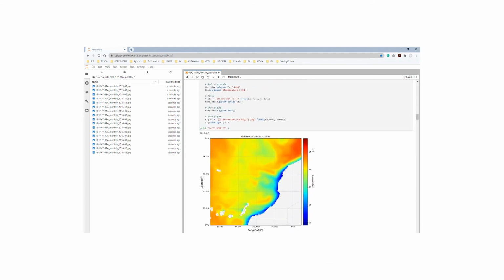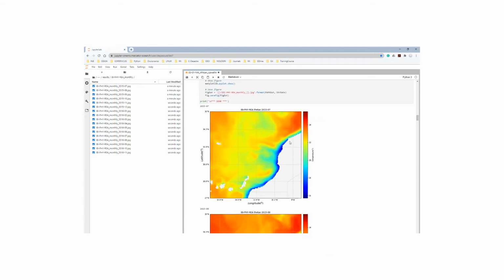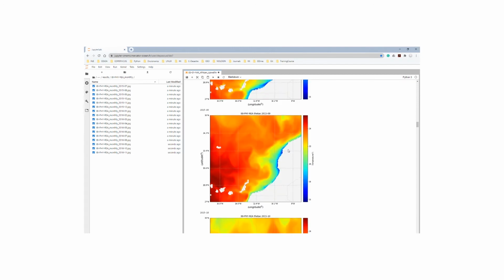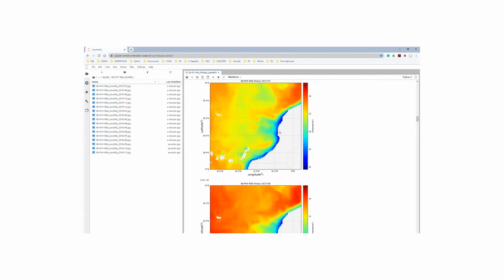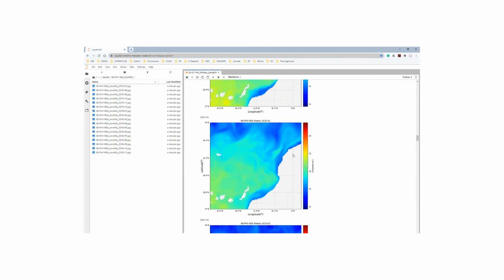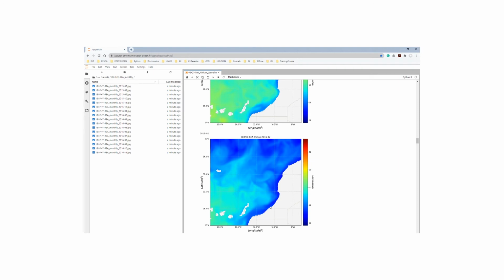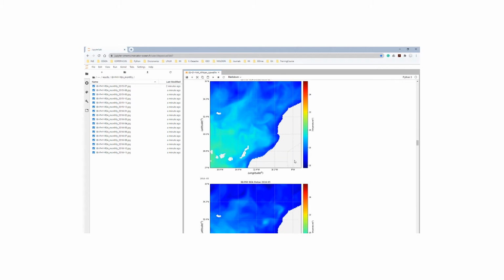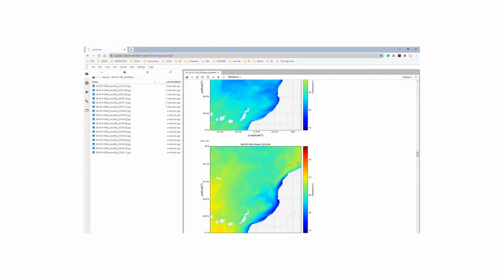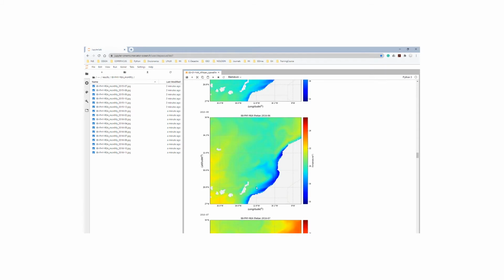Looking at the results, we clearly see the upwelling processes, which is the signal of cool water near the African coast that evolves along the year. But as you can see, in summer months, the signal of this cooling is much more representative than in winter months. Despite it appears, for example here, there is a cooling of the coastal waters, the signal of the upwelling is always lower. And once the summer starts again, we start to see a clear signal of cool water here